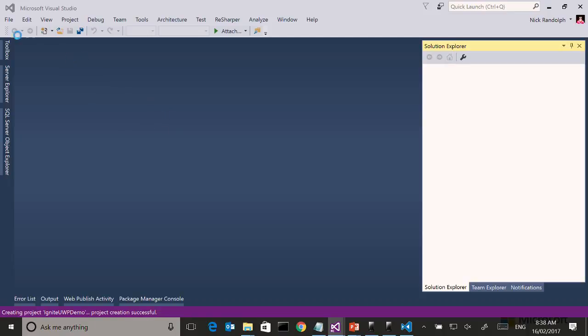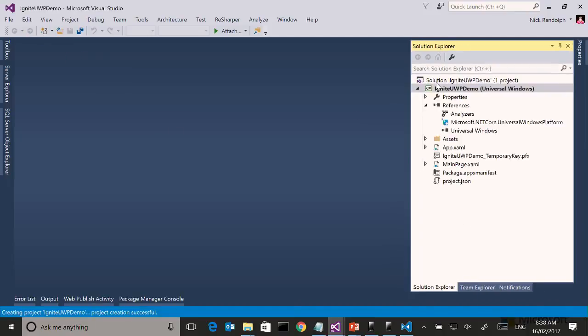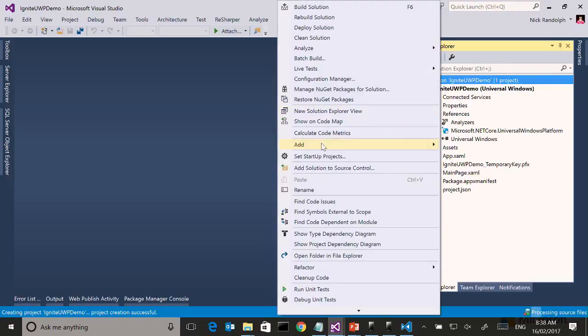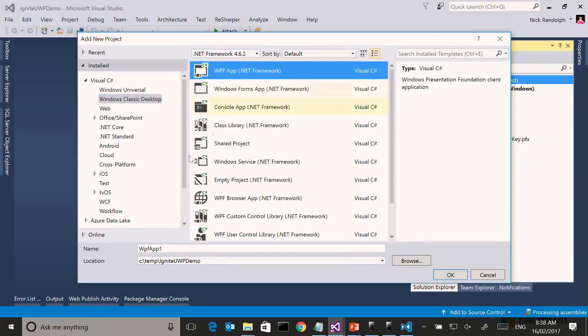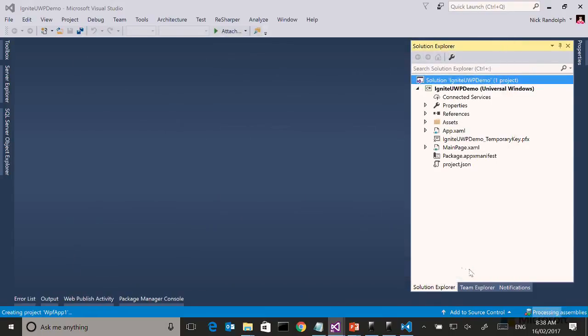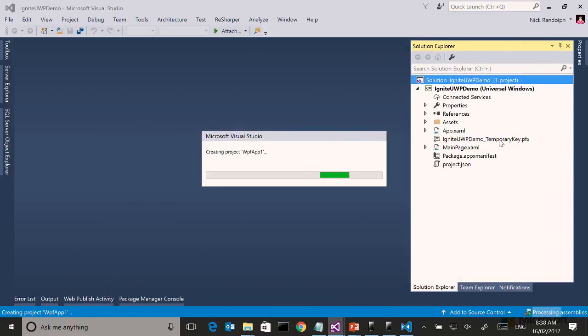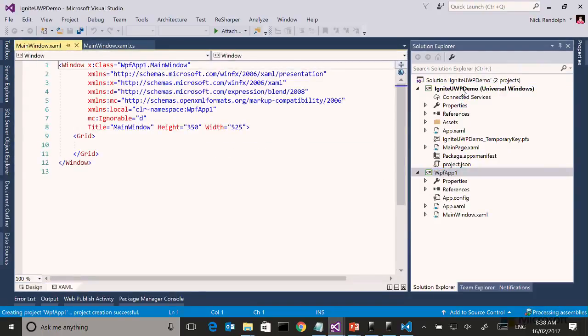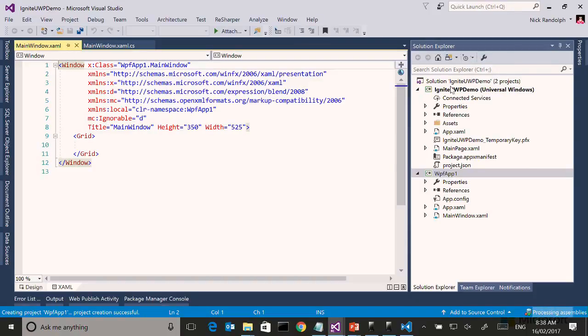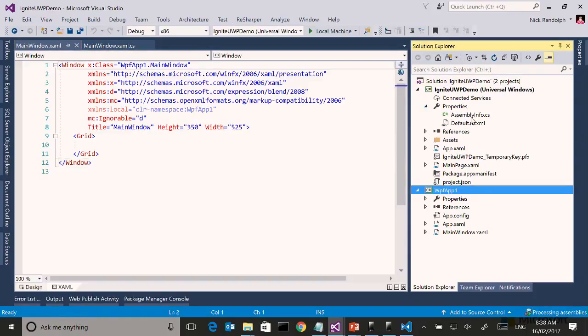And so the next thing we're going to do is immediately add in a WPF app. So I'll go add new project, and classic development, WPF app. I'll accept the default for that one. And I'm going to show you a very simple example, right? So let's just go into our properties,